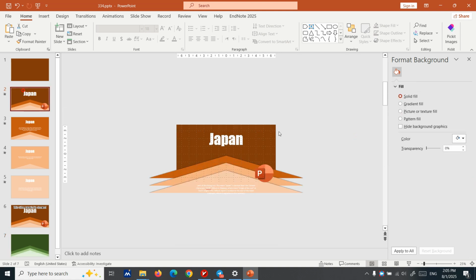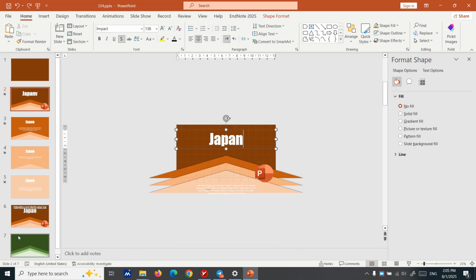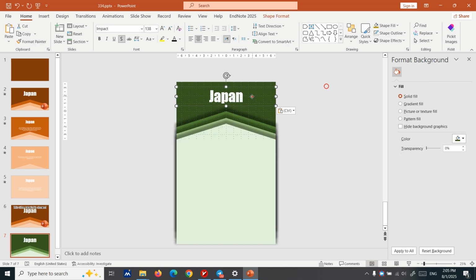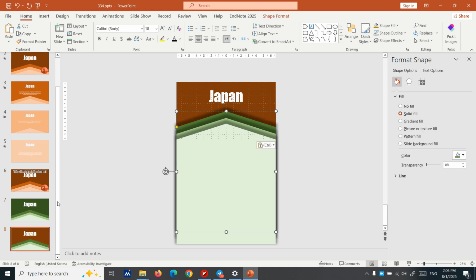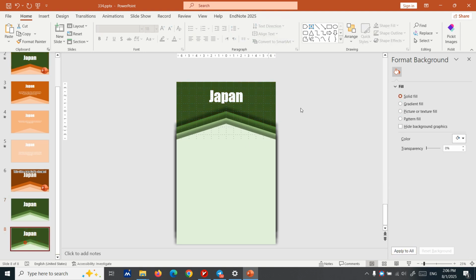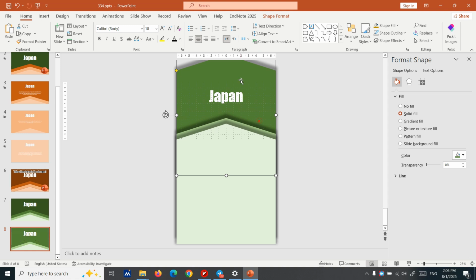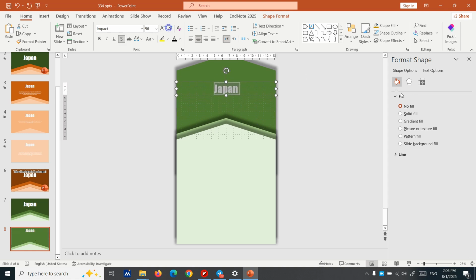Okay, now the text is just a simple text that I use Impact for the font. Impact is one of the installed fonts. After that we go here and apply the background to all. You just simply bring this up, bring this to the top, reduce its size,